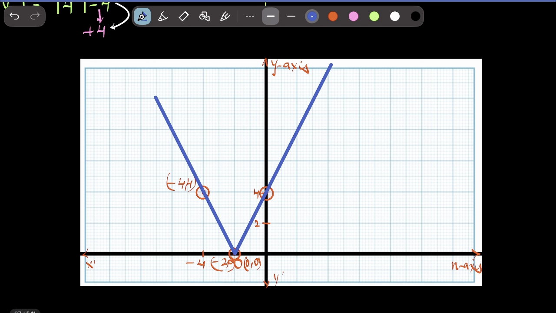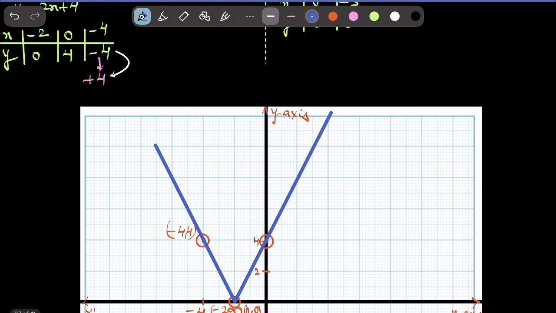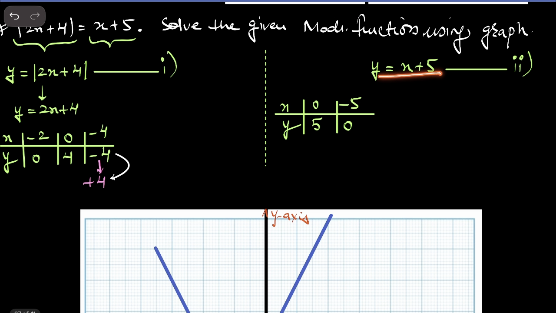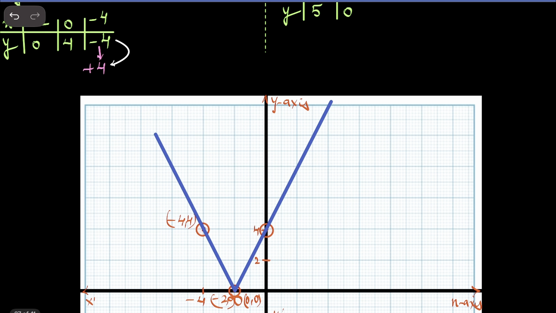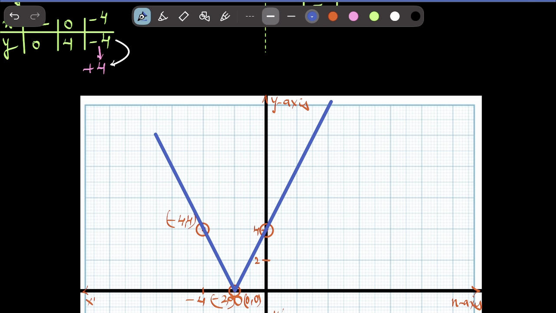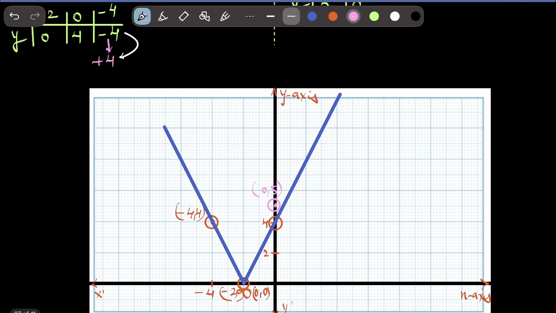Okay, now we need to plot the graph for y is equals to x plus 5. That is your equation number 2. So we are having 0 comma 5 and minus 5 comma 0, 2 straight points. So quickly plot them. So I will plot 0 comma 5. So this is 1 point, right? This is representing 0 comma 5 and the other point is minus 5 comma 0. So minus 5 comma 0 lies over here. So this is minus 5 comma 0. Now I will straight away join these 2 points. So I will be getting our equation